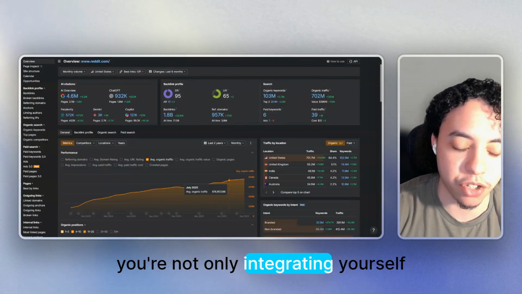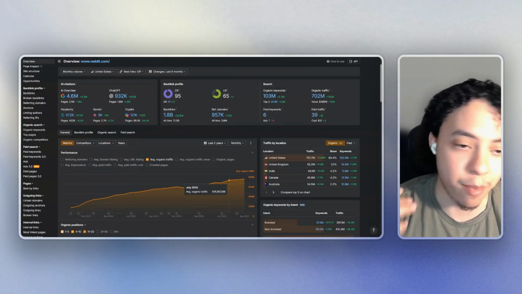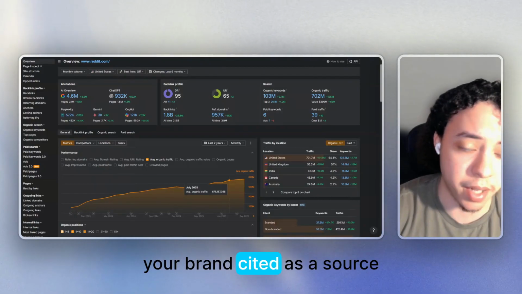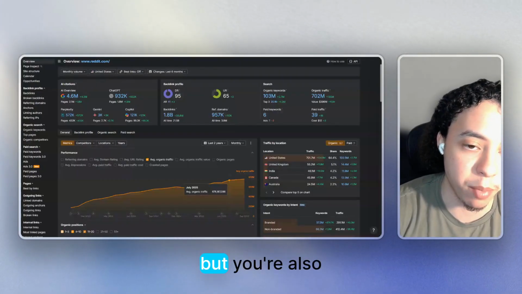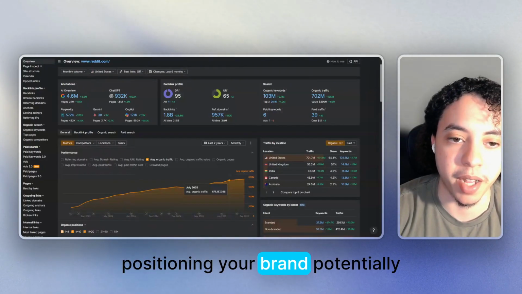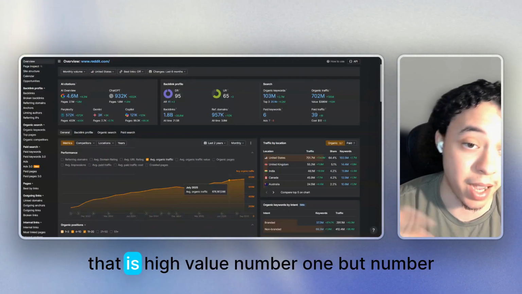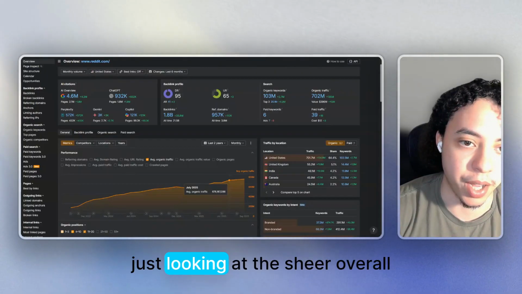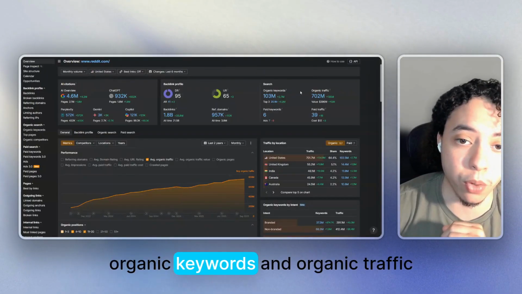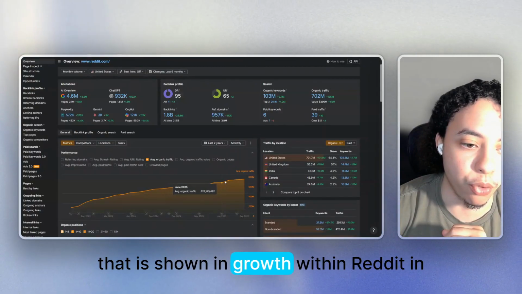So you're not only getting a chance to have your brand cited as a source in different LLMs, depending on the type of query, but you're also positioning your brand within keywords that are high value and ranking extremely high, given the organic keywords and organic traffic growth shown within Reddit.